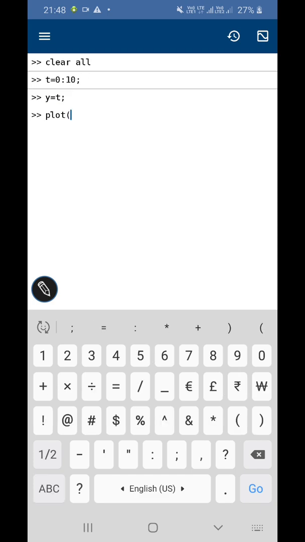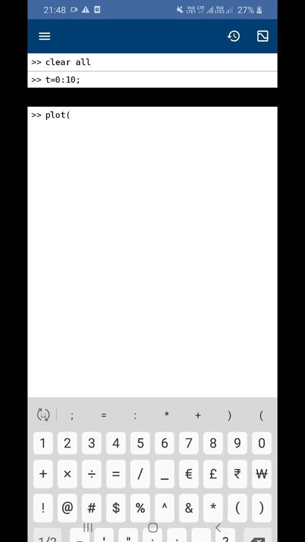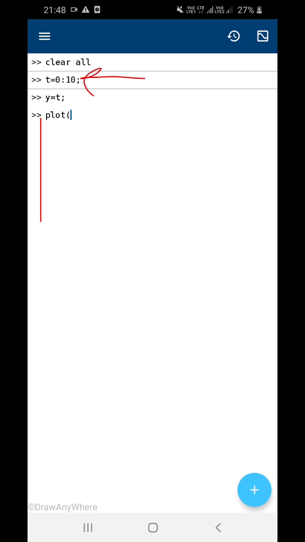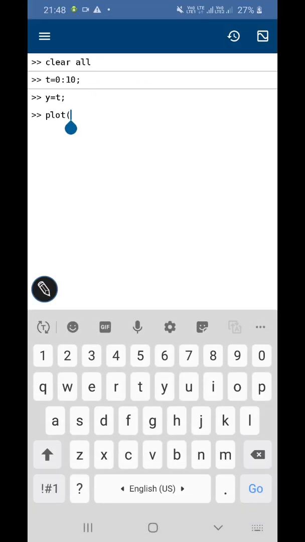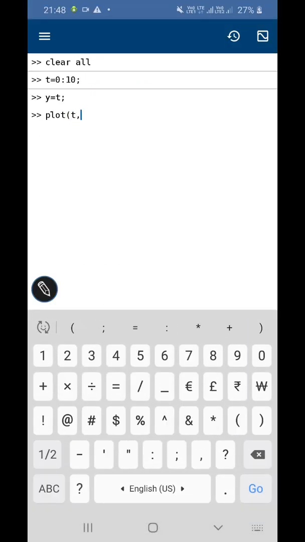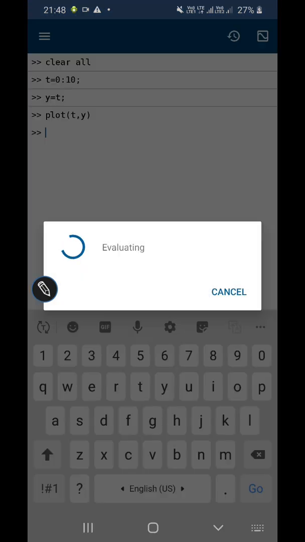If I want to see the plot of x and y, let us take t on the x axis and y on the y axis. So plot of t comma y, bracket complete. Let me run it.